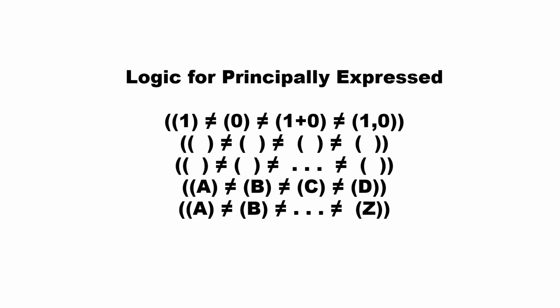Here is more so-called logic from my expression mathematics. These same expressions as in the prior slide are said to be principally expressed, meaning they are completely expressed, complete systems of operational systems of expression. And yet still, they are said to be not equal in that they cannot be developed and reduced to any pseudo and or principal system. And so the information is not available, and so it's said to be not equal or maybe illogical.